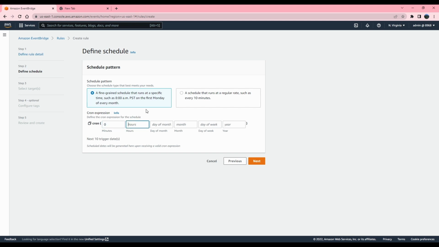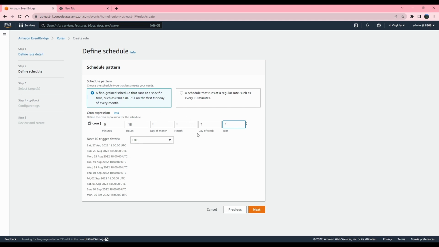In my case, I wanted to have a shutdown after like 18, and the day could be any day, any month, which means every day. Once you input the values in here, the time displays in UTC. Whatever time zone you're in, you can switch to it and see your local time when this particular cron job or event will trigger. So in this case it's 11 p.m., and my local time is